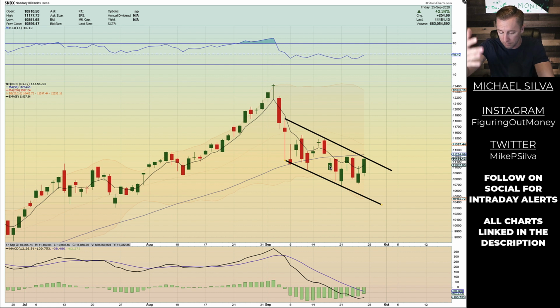One of the Twitter posts that I posted a minute ago, or on one of my rants, I was talking about, don't believe breakouts right now, because they can very well be false breakouts. You need to trade cautiously on these breakouts. And I saw it on an Apple trade this week.